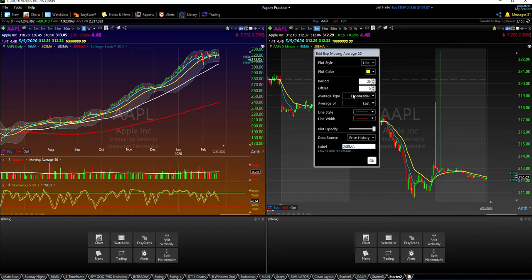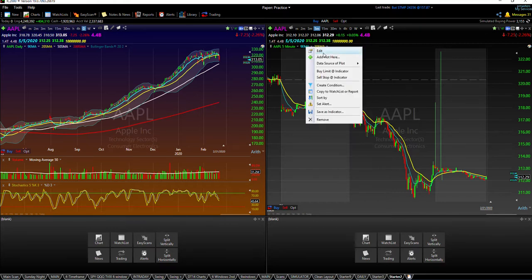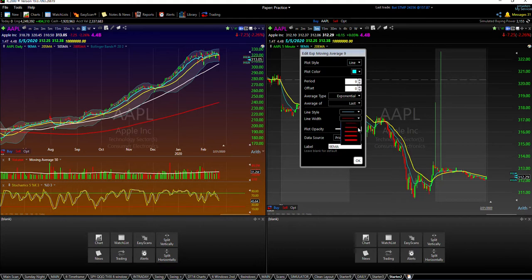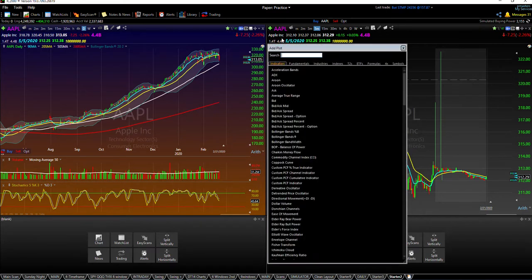So we got EMA, and we got a 20 EMA up here. We'll go back up here to our 9 EMA, and we'll make that a little bit bigger. And it might be helpful too just to have it bigger to begin with, so you can easily identify. Now we've got to add 2 more indicators to this chart, and then we'll be done with the daily